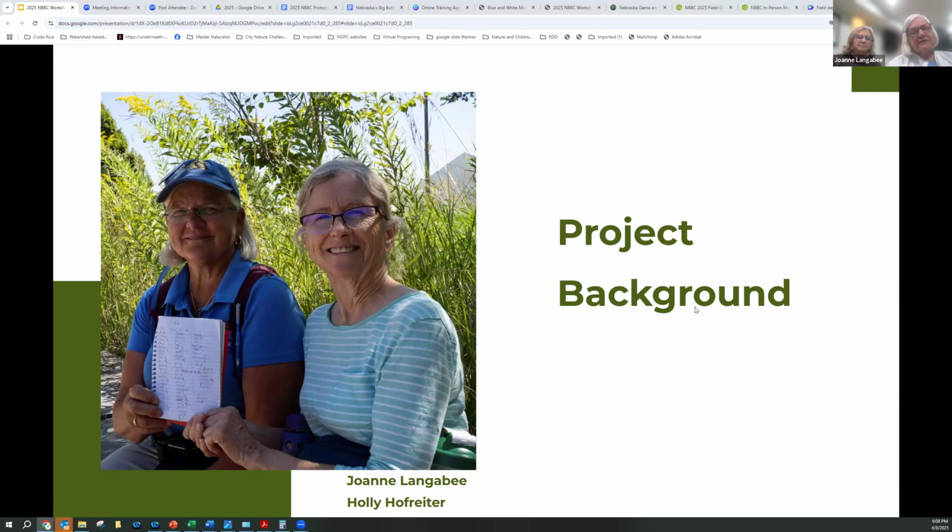So I was a novice, and Holly was a novice, and we decided we should do this. We started out just going and learning the butterflies, and then we said, well, we should do it at each garden. How many butterflies and what butterflies? And then we've progressed to make it more scientific. That started in 2015. Then in 2018, we went to Fontenelle Forest and started surveying butterflies.